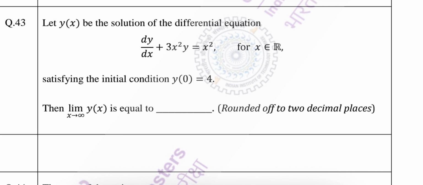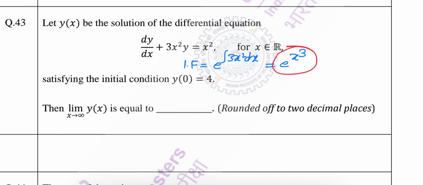So you know, in this type of question we first find the integrating factor, and this equals e to the power integration of what? This thing, 3x square. So here it will be 3x square dx, and this will be e to the power x cube. So the next step will be